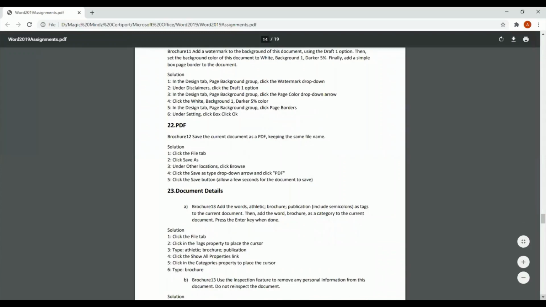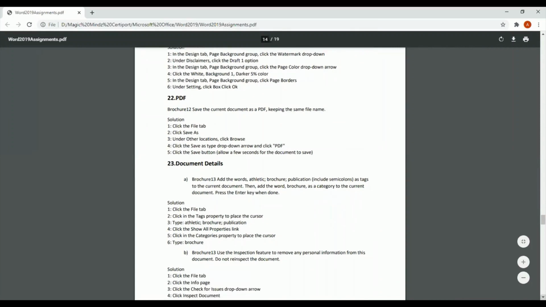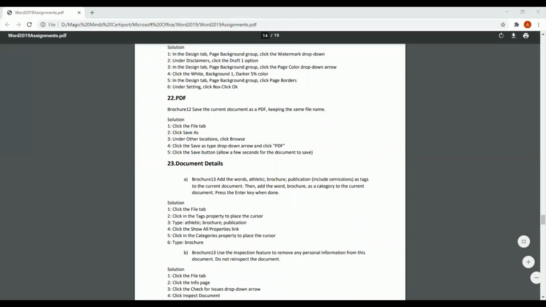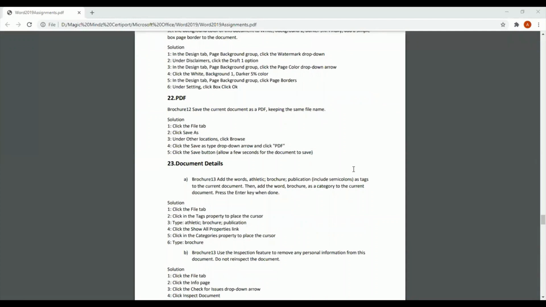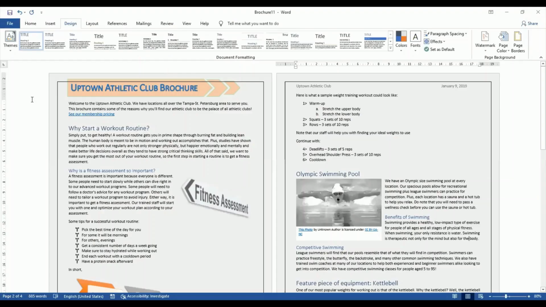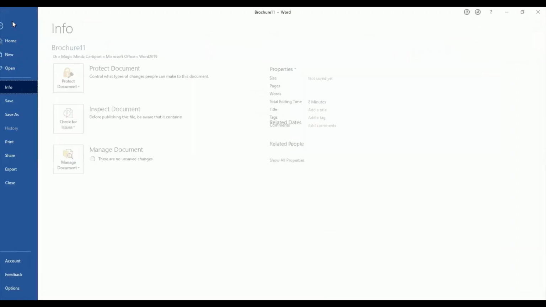22, it says PDF. That means I can control my document or convert my document into a PDF document so that I can send it to anybody whenever they need it. It's a very simple exercise. Basically, it's telling us to open a document and simply go to File, go to Save As,